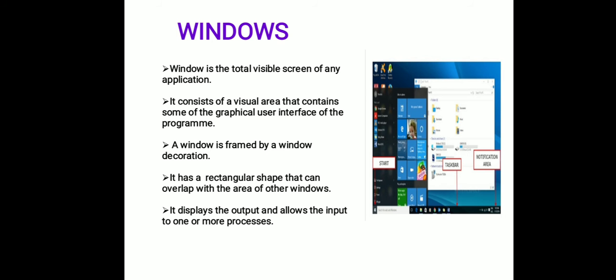The next one is windows. A window is an area on the screen that displays information, with its contents being displayed independently from the rest of the screen. Example of a window is what appears on the screen when the My Document icon is clicked in the Windows operating system.